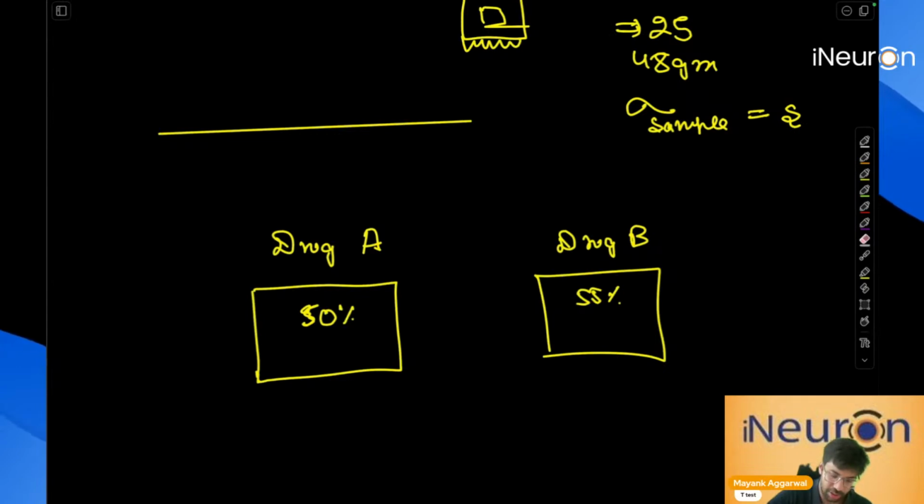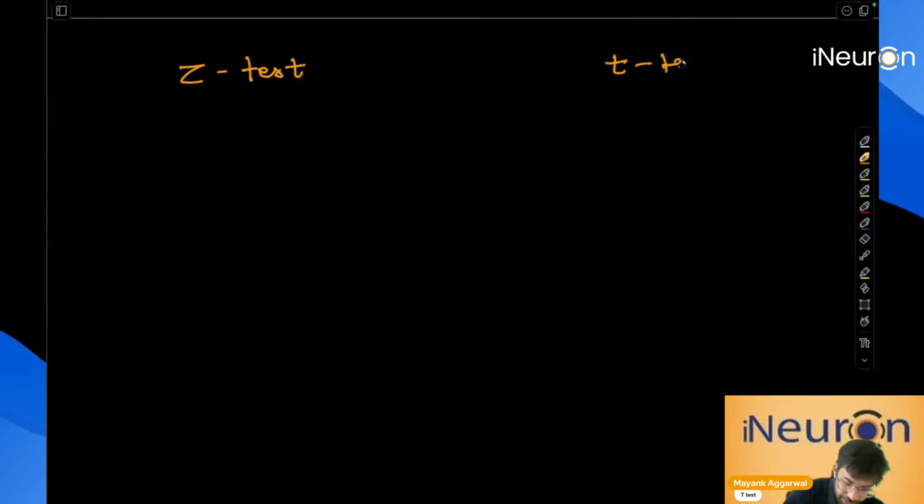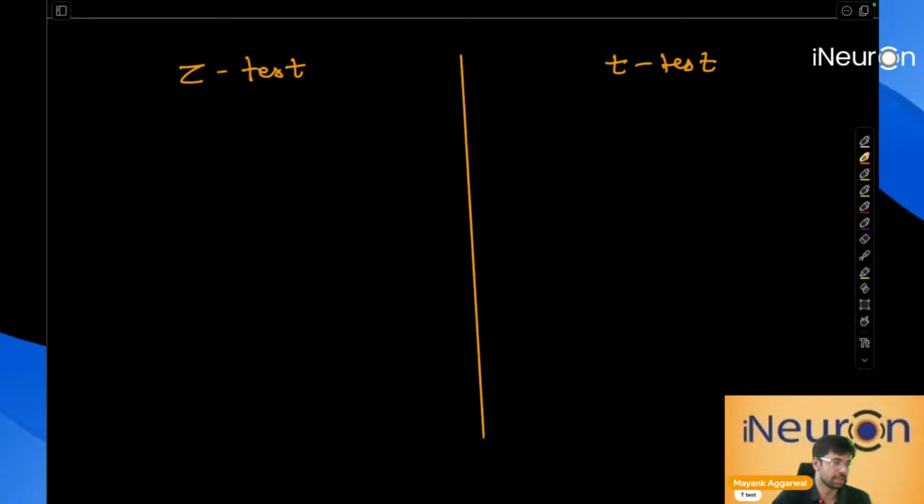Now again, this is very close or equivalent to your z-test. To understand where we are going to apply the z-test and the t-test, this is the table, everyone. z-test and t-test. Now pay attention, everyone. When sample size n is greater than or equal to 30,